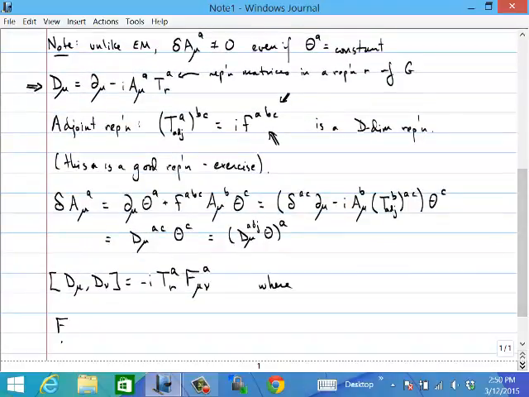So here, you've seen this formula before, but there's no reason not to be reminded of it. The curvature of the Yang-Mills field